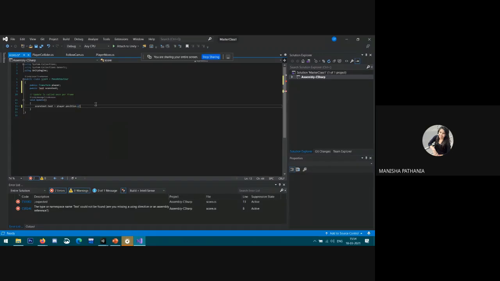Okay, so z is 0 initially. Yeah, so it's giving an error because